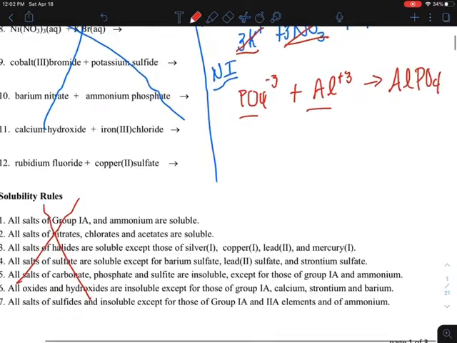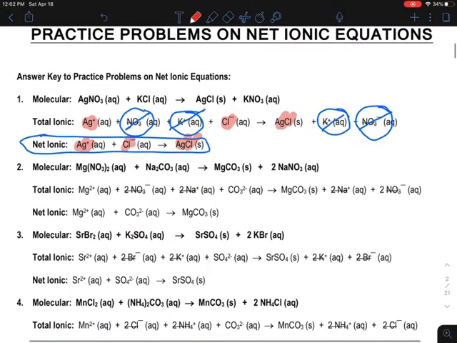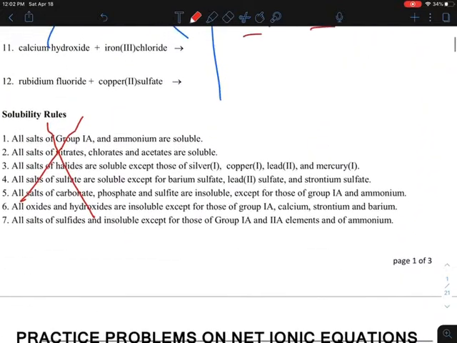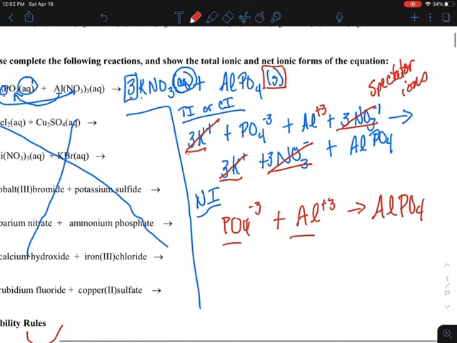So I hope that summarizes what you're doing. You can ignore these solubility rules. Just use the table or the chart. It's a lot easier to understand. And if you get stuck, you can look at the answer key to see where you may be off. But the important thing is to make sure that when you're splitting these things, you're splitting the ions. Make sure you're taking the subscripts and making them coefficients, or keeping the coefficients out in front. Make sure you understand which ones are solid. The ones that are solid do not form ions. They stay together through the whole process. And those things that are aqueous form